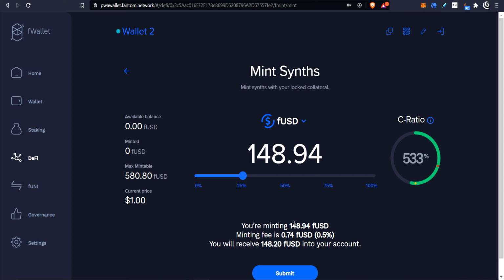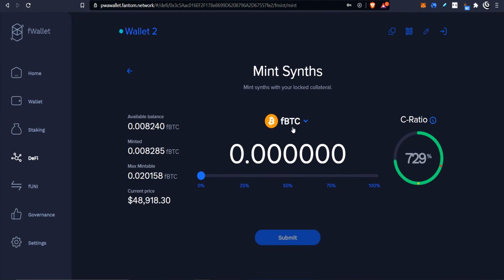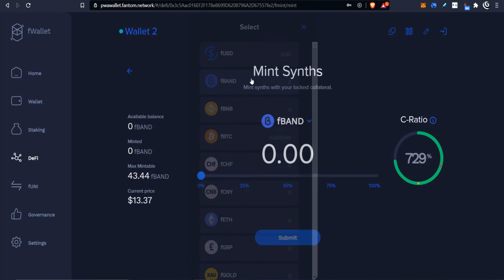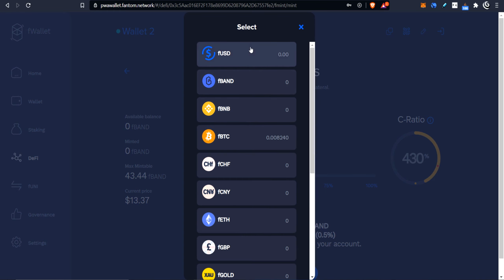So 94. So I should be able to mint this much, but there is a transaction fee of 0.5%, and it's costing me 74 cents. So I need to remember that I have to pay 74 of this token. So if I were to mint something else, like BTC, well, let's do something I haven't done, BAND. So if I were to mint these, you see, then I'm going to be losing this much BAND, right? So you have to keep this number in mind, because it's kind of important in the future. Okay, so I'll go back to